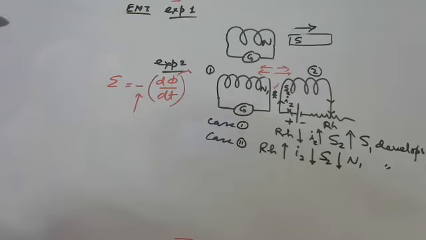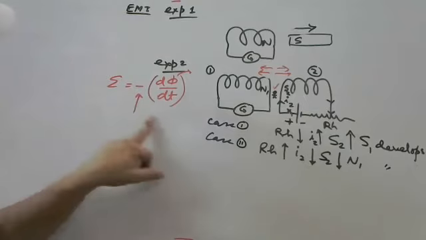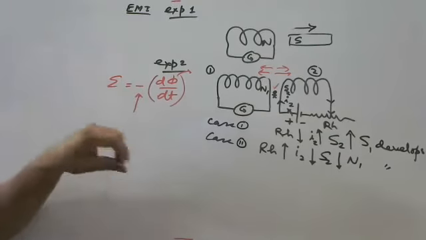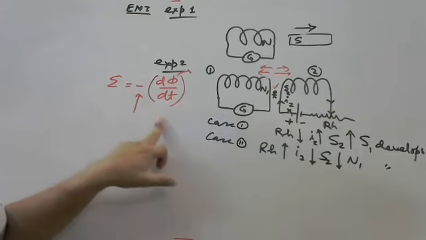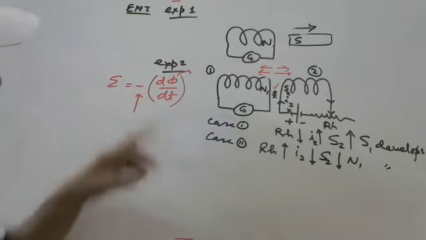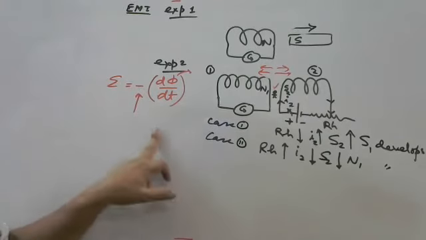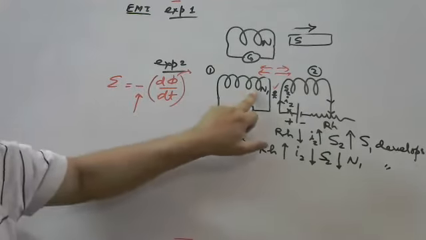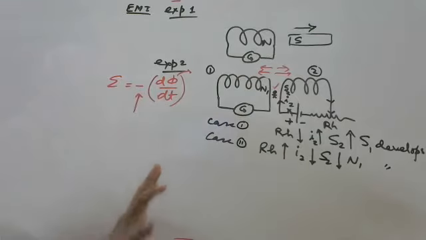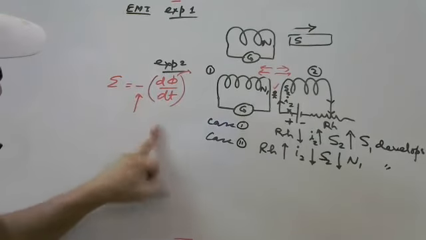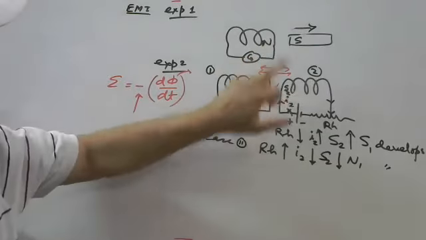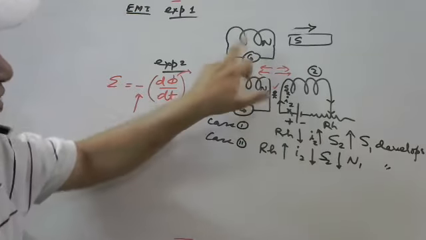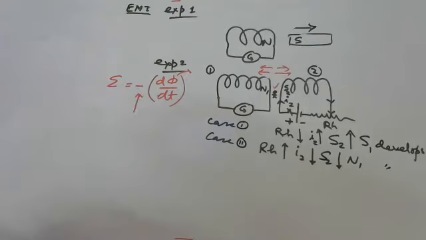Got it? It means this is always a minus sign, as per Lenz law. It supports the law of conservation of energy. So action is always opposed. What is Lenz law? I am just repeating it. The direction of induced EMF, induced current that develops here, always opposes the action due to which it develops. जिसकी वजह से डेवलप हो रहा है उसी को अपोज करेंगे. Got it?